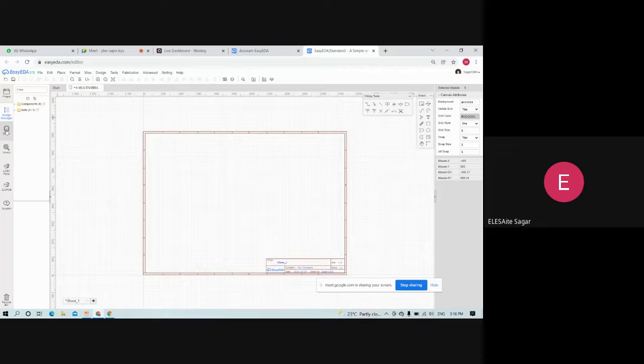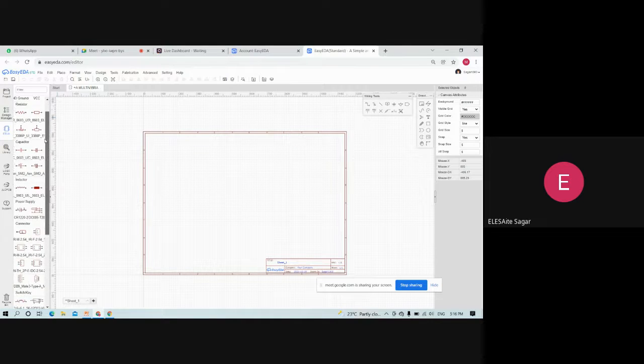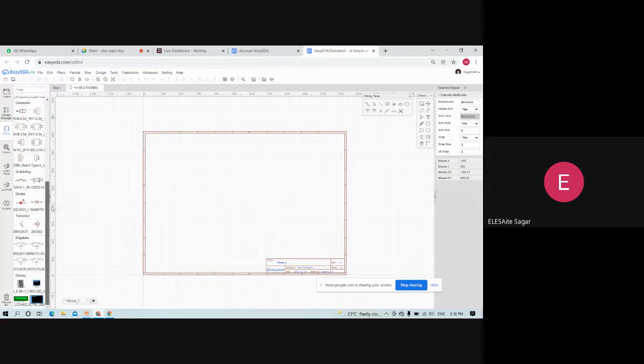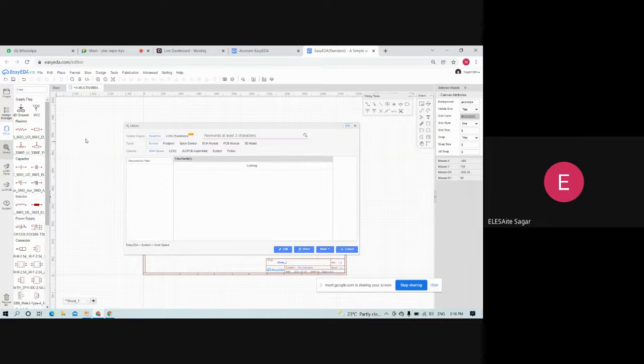And the next one is the EasyEDA library. Here you can find the general components like ground, VCC, resistor, capacitors, LED and transistor, like that. You just have to click on that and paste here. And for deselecting the components, you have to right click. And the next one is the main library. Here you can find the remaining components which are not available in the EasyEDA library. So let's see, I will search 555.